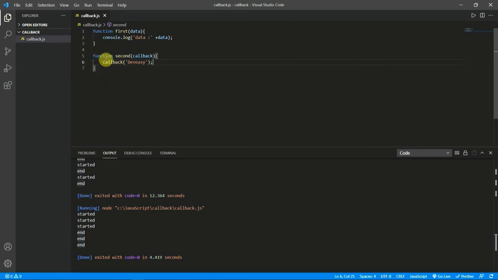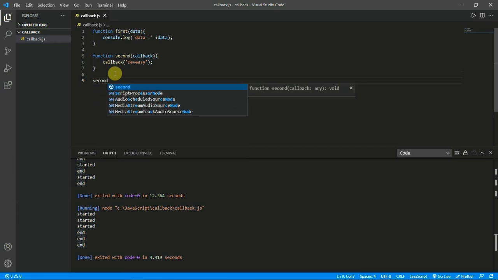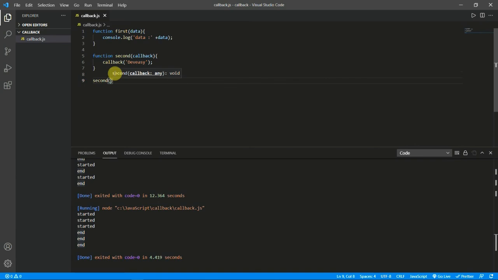Okay, there are two functions. In one I am getting data and console logging the data, and in the other function I'm just getting a callback function, calling that callback function and sending some values. So here I will just call second and then I will pass first.